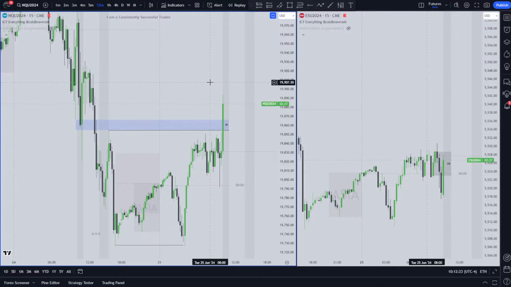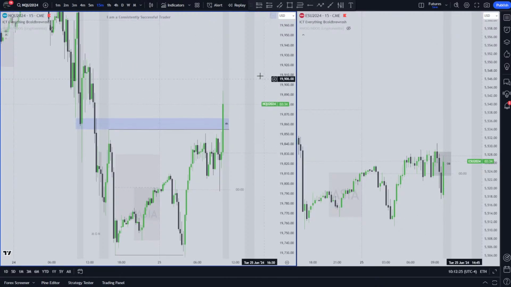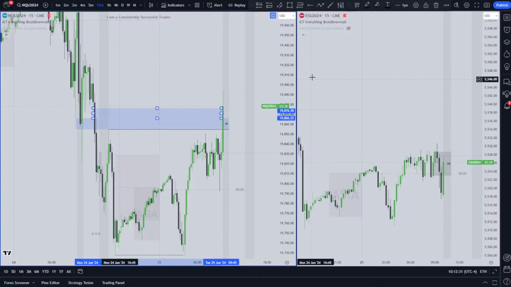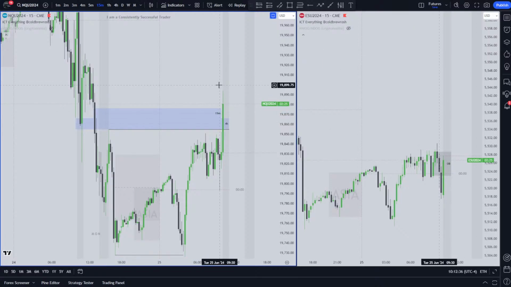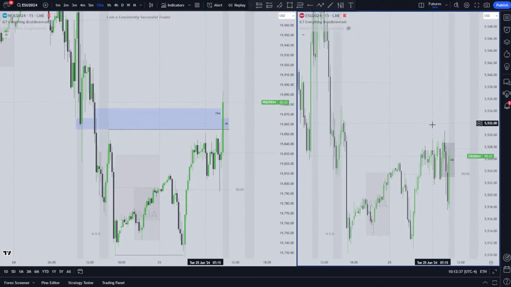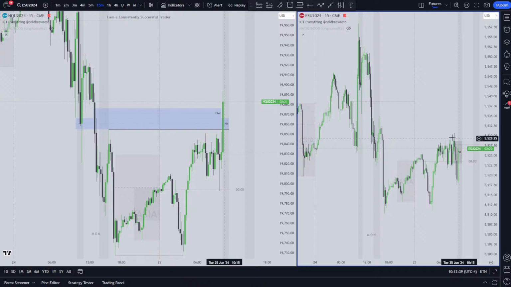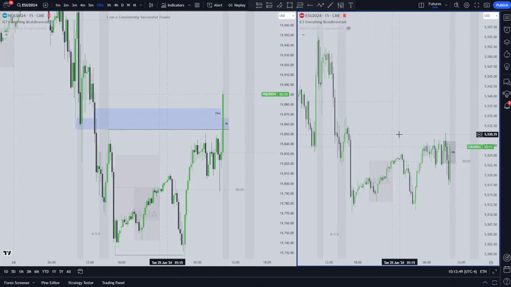This 15-minute candle is a bit strong, you know. What could we do? Potentially refine it to this gap and see what happens. Do you know what? I just want ES to close above. I think that will make it so much more simple. It will kind of confirm if we're gonna go higher and not leave us in suspense.